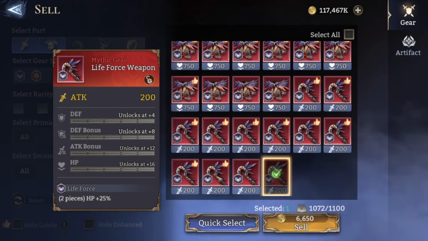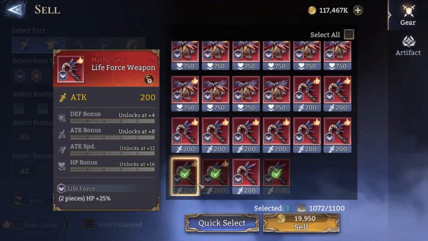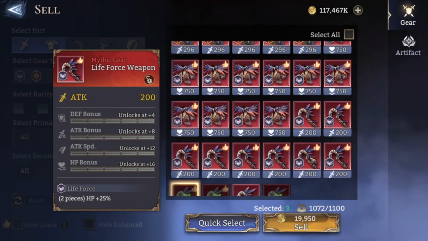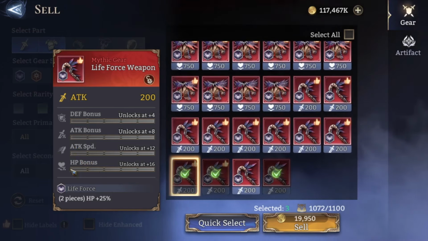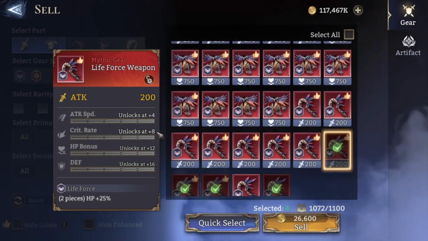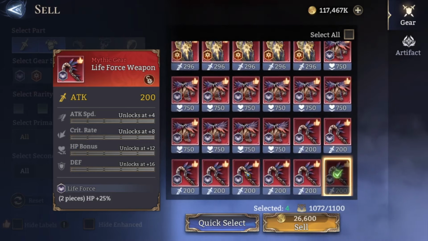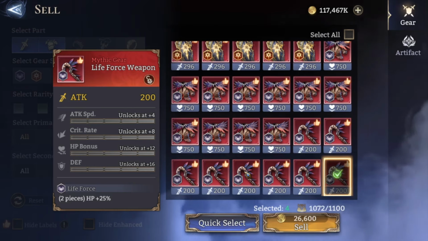There's no HP percent, so I will get rid of that. But something like this could be okay for Abomination, although there is no attack percent, so I would get rid of it. Same with this. Actually, for this, you would roll some of these pieces just in case, and see if it rolls well. But what I will do on my account is I will keep any Life Force or Immortal Warrior pieces that have HP bonus, defense bonus, HP flat, and defense flat, and I'll just level them all,